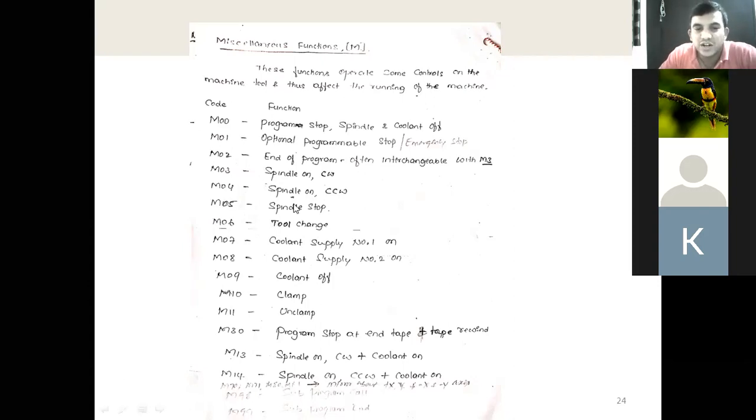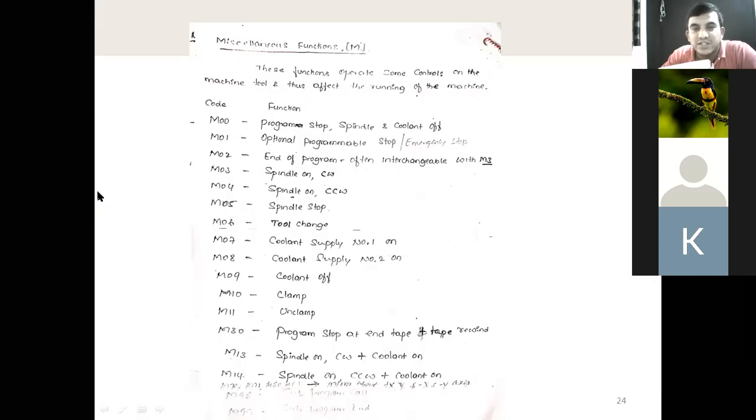Coolant on and coolant off will not be used here, because you are writing the manual part program in the software. Directly we use M30. M30 stands for program stop at the end of the tape or rewind the tape. And one more group: M codes from M70 to M80, M70, M71, M80, M81, are called mirroring codes. Mirror about X axis, Y axis, positive X and Y axis, negative X and Y axis. Later we'll come to that. Then M98 and M99 are called subprogram call and subprogram end. These are the M codes used.